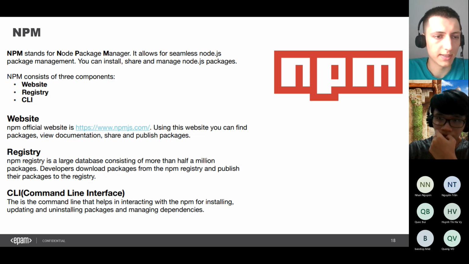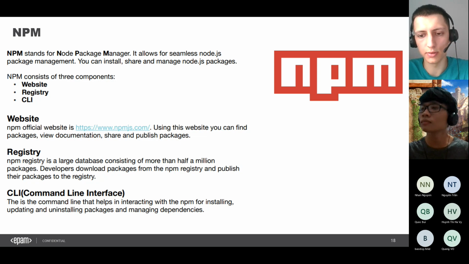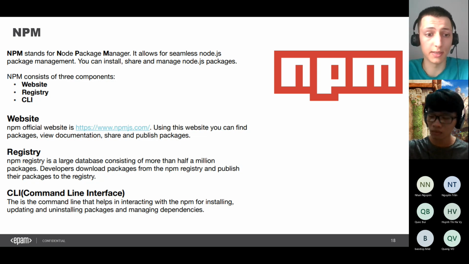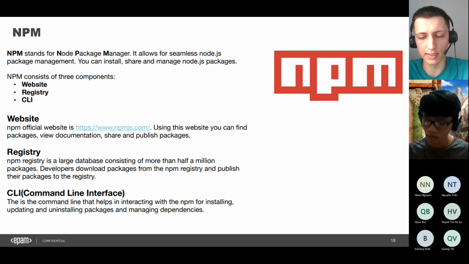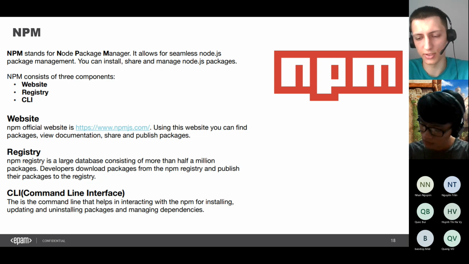Then the second one is the registry. The registry is just a kind of big database in npm. When you run npm install and the name of the module, npm will go to this registry, check whether the module you are searching for is inside this database, and if so, it will be installed. So the registry is just a database.